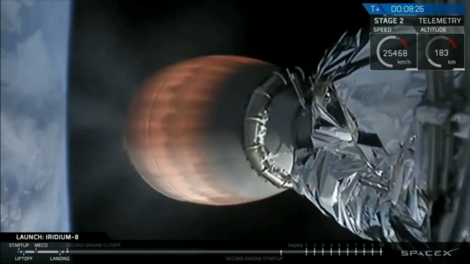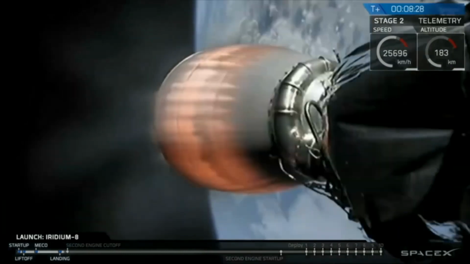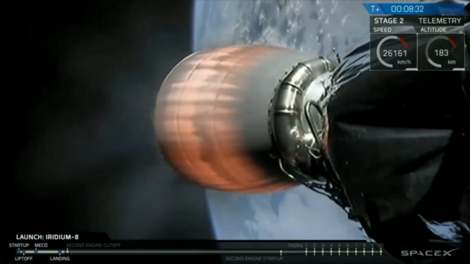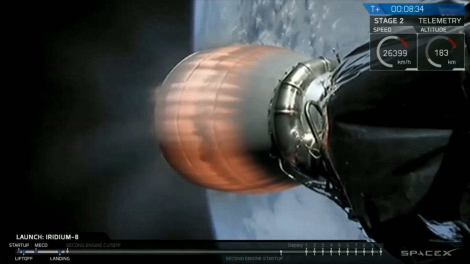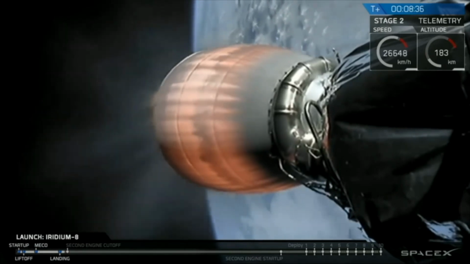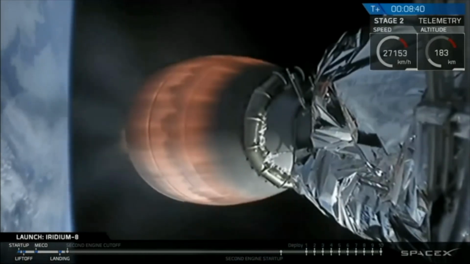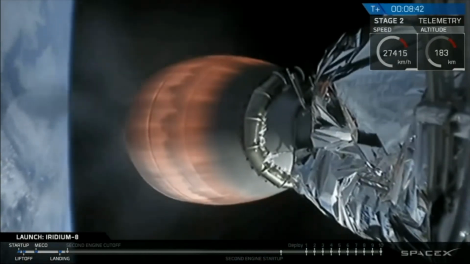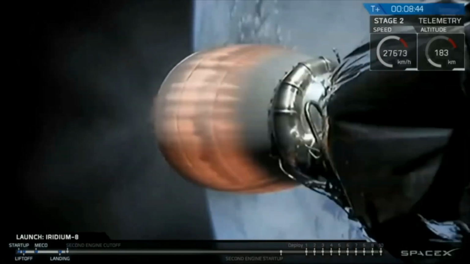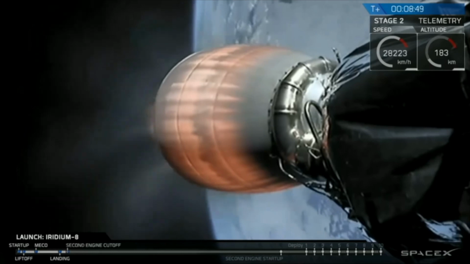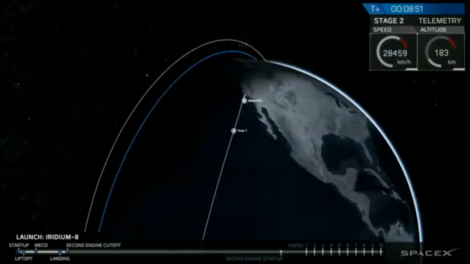Meanwhile, the second stage is getting ready in less than 20 seconds for shutdown and entry into the parking orbit. Stage 2 FTS is safe. Coming up on shutdown of the second stage engine.